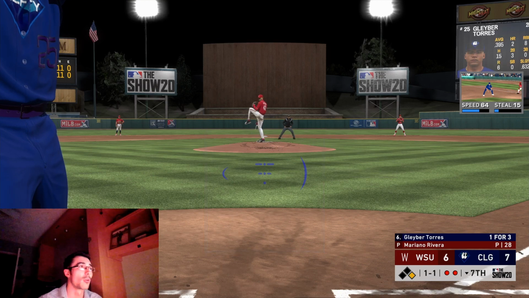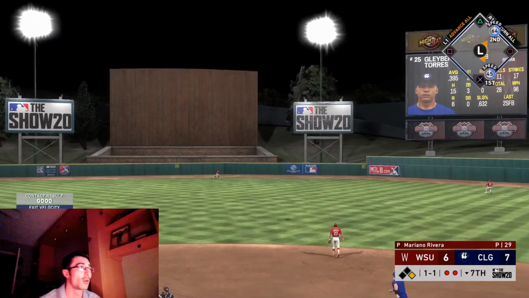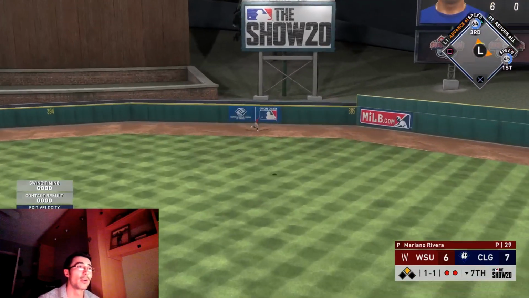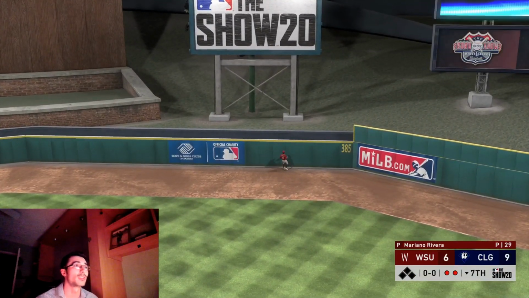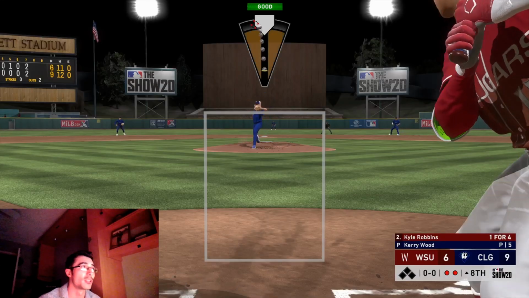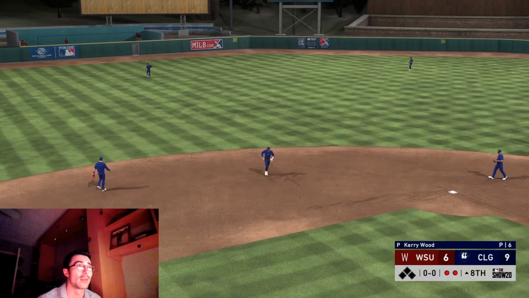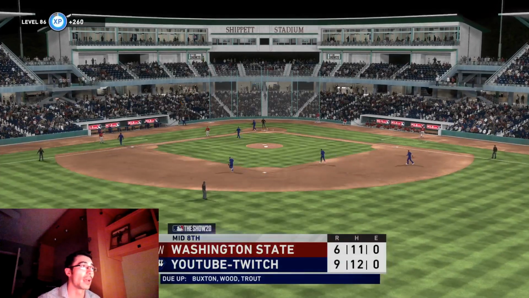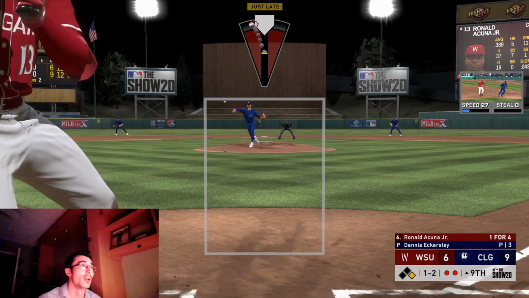We have Gleyber Torres coming up to the plate. I'm looking for a cutter outside facing Mariano Rivera. Depends on the hitter that I'm using. It depends on where this guy's been pitching me, but he had been going to the cutter away a good amount of times when he did have a pitcher with that pitch. He was throwing me away for the most part in general anyway, so I tried to key on that. I hit a 2-run shot with Gleyber, and that's going to be big because now we have a 3-run lead